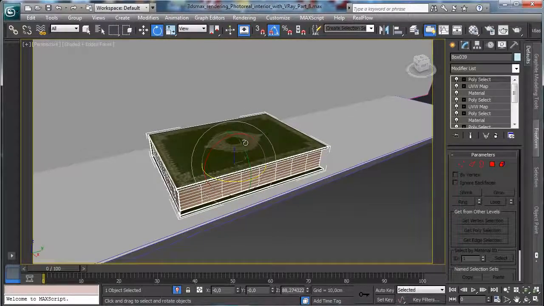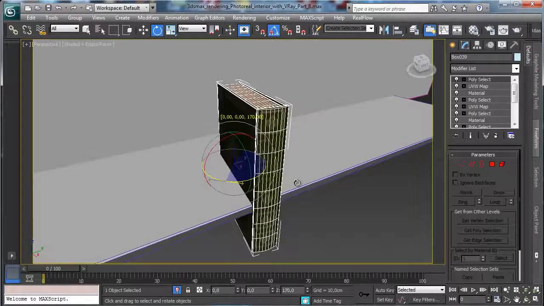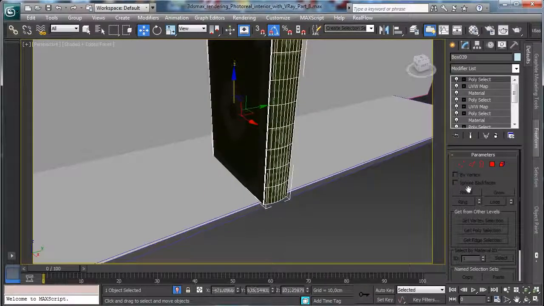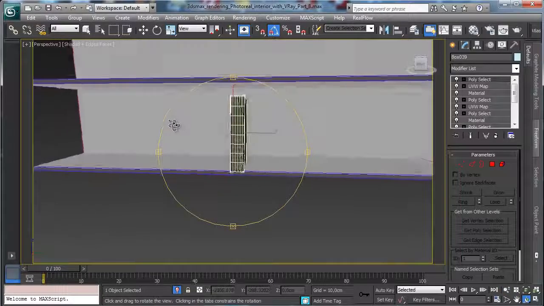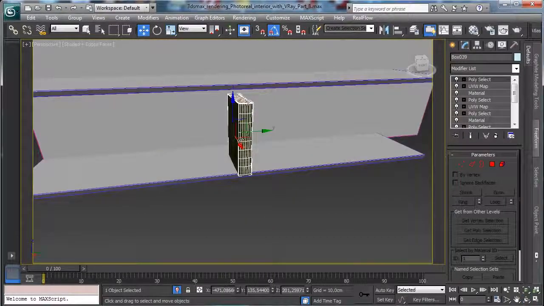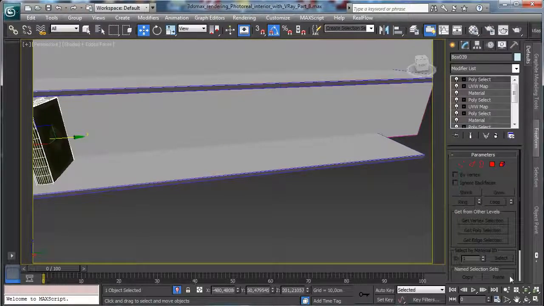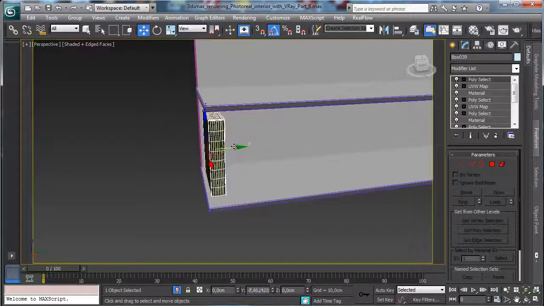Okay, and that's nice. So we have the book in the right position. It is a little bit big, but it can be nice for the moment. So we'll use this one to make it similar to an encyclopedia. So we move it there,